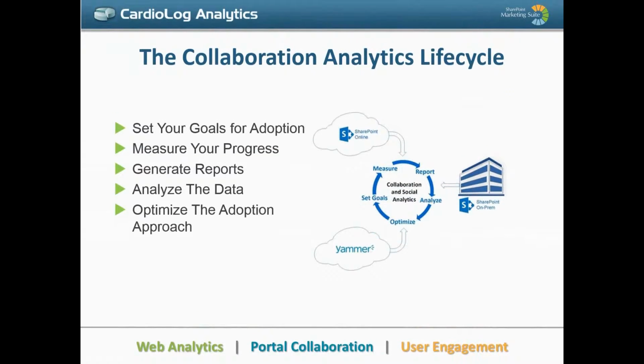So in terms of the overall approach from an analytics life cycle perspective, the standard approach for managing the analytics from your various environments is really based on 5 key components. Setting your goals for adoption. So what is it that you want to measure? How do you want to really understand what it is that you're doing? And keep in mind that if you are using all 3 silos, for instance, what metrics are you going to pull from each of those systems to define what it is that you want to understand about the usage of the platform?